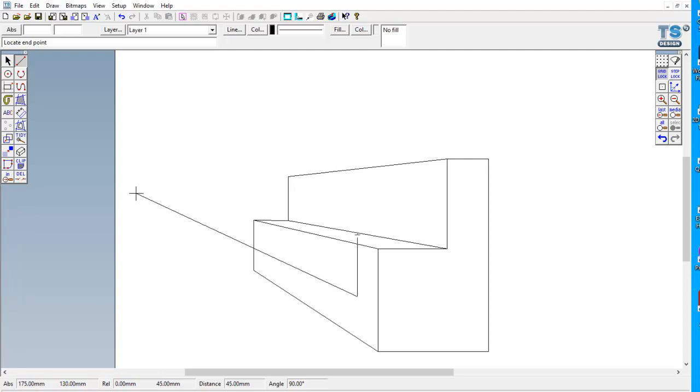Now this is going to be wider this side because it's nearest to us than this side that goes further away. But in reality they'll be the same size. So I'm just going to delete these lines now so you can see where we're going. And then all I'm going to do now is project that line going back. So I'm going to turn my grid lock back on from here. So attach tool, and I'm just going to draw a line going across. And a line going across from there,